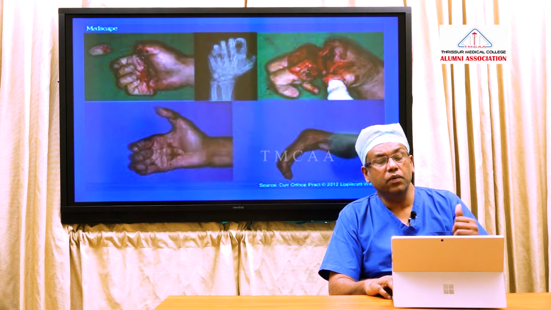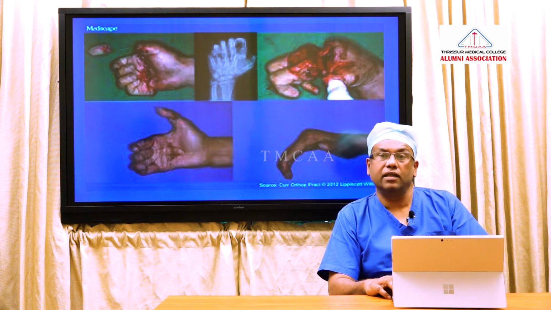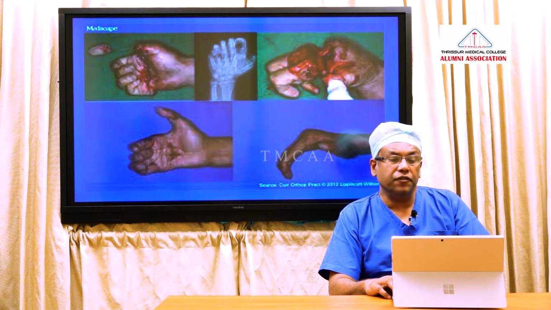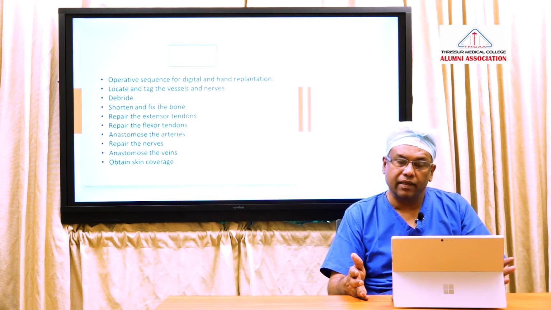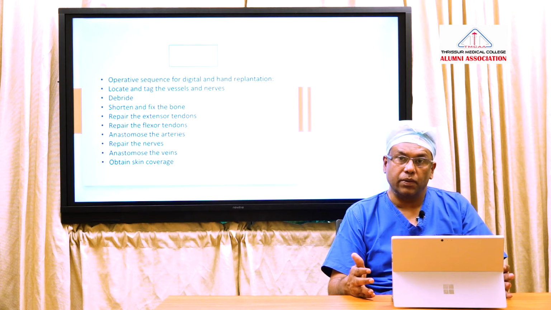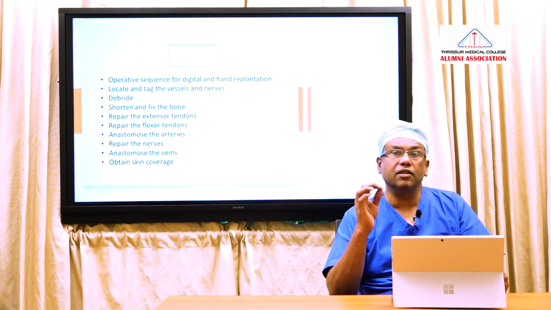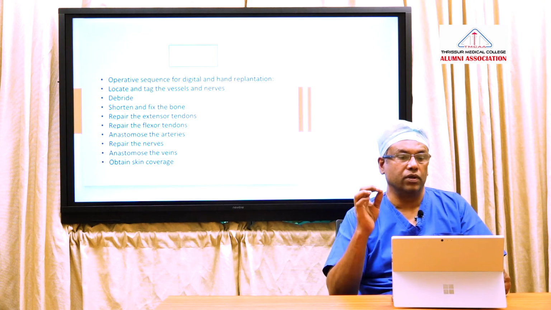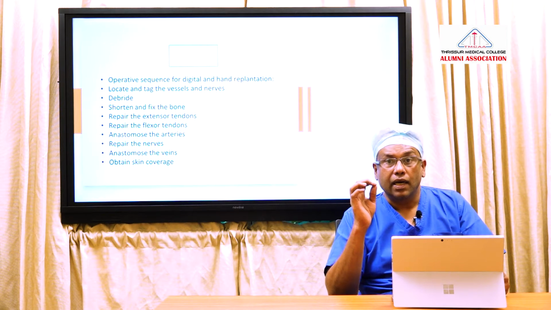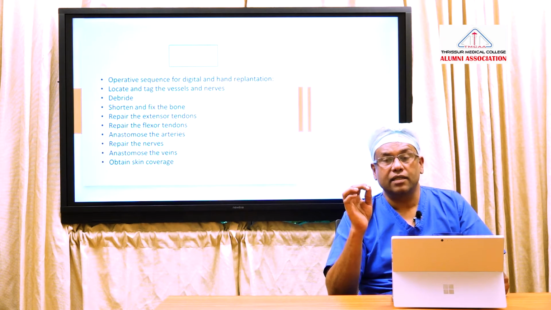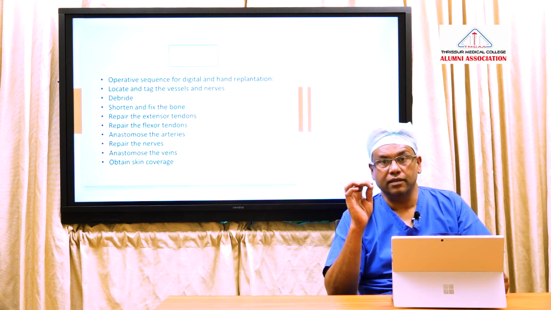Now, how will you reconnect these fingers? There is an order. It is not just anything. There is an operative sequence. First, you locate the neurovascular bundles and debride. The first and foremost thing you fix is the bone. Then repair the extensor and the flexor tendons.